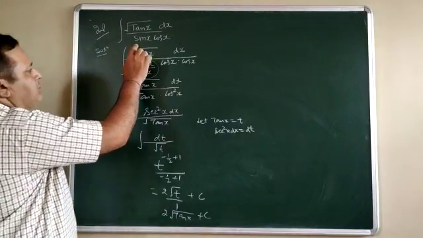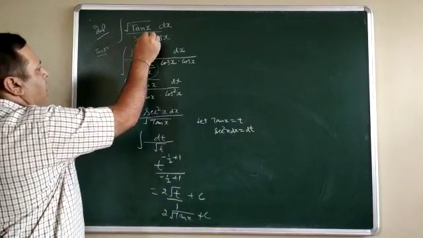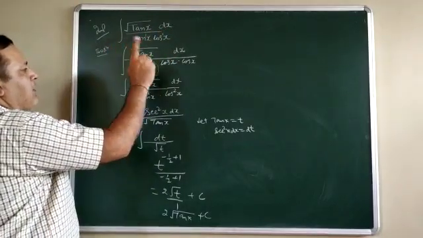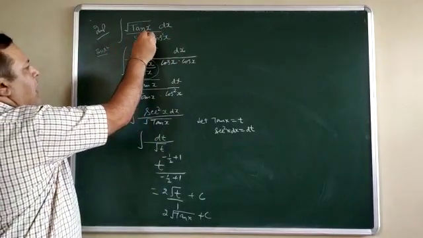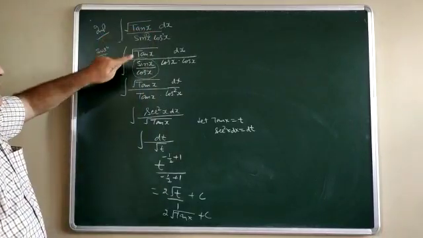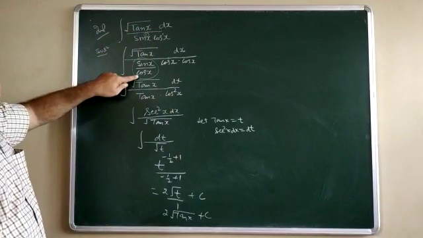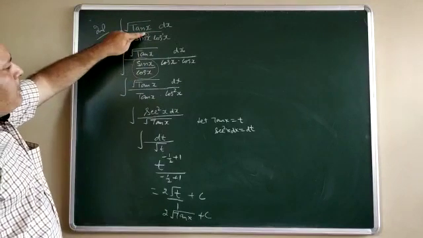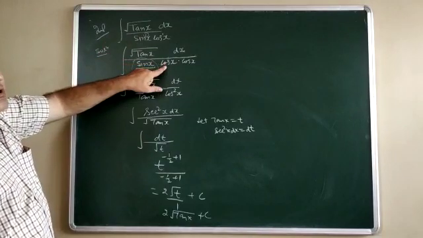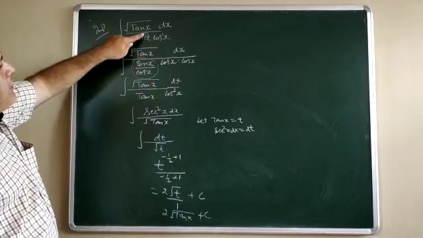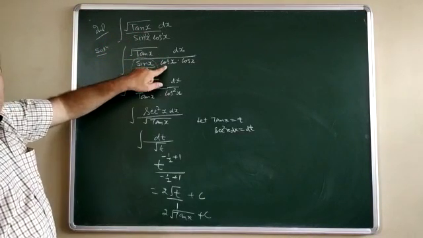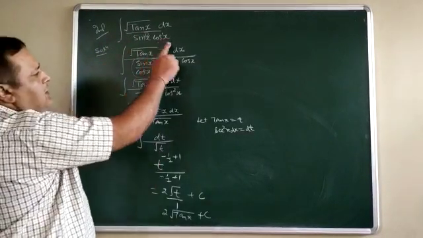Number one, see here, sin x has a power 1, cos x also has a power 1. Whatever the power of sin x you have, it is power 1. So divide this sin x with the same power of cos x. Means if sin has a power 2, then divide with cos square and multiply with cos square. In this case, sin has a power 1, so divide by the power of cos 1 and multiply with the power of cos 1. This cos is as it is.